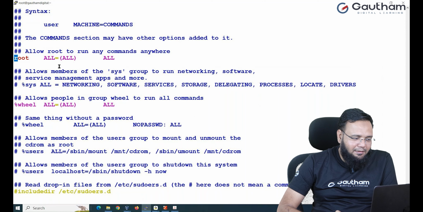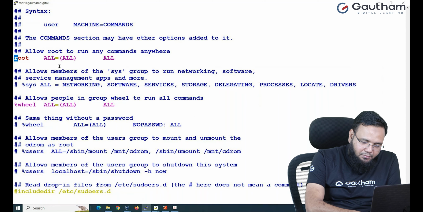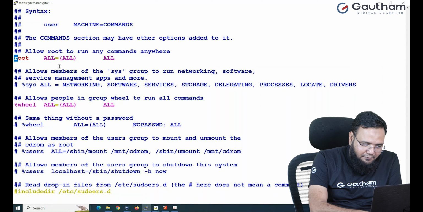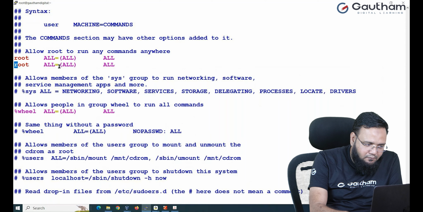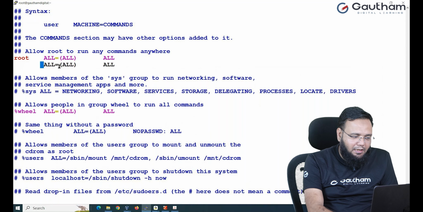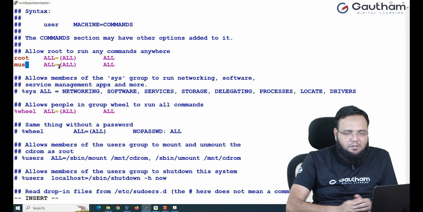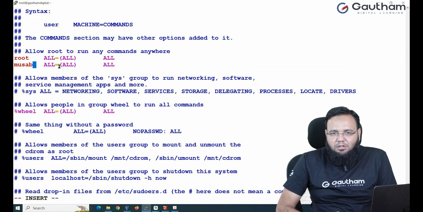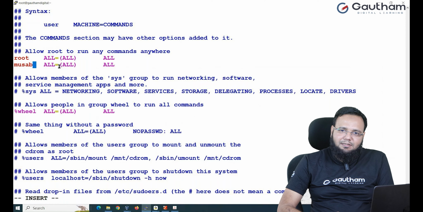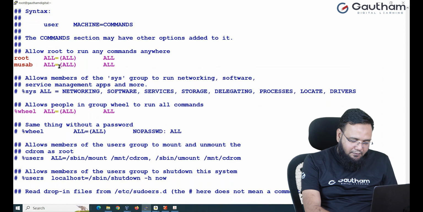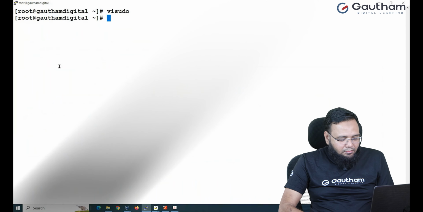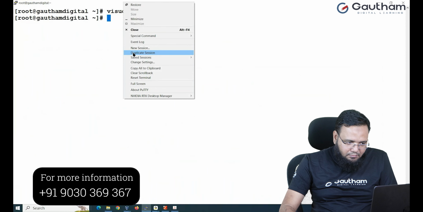So come to the root user's line, copy this line by yy, paste it below with p. Now remove the name root and put the name of your user, which is Musab. Now Musab from all terminals can do all the tasks. Simply save and quit. Now you log in as Musab user,